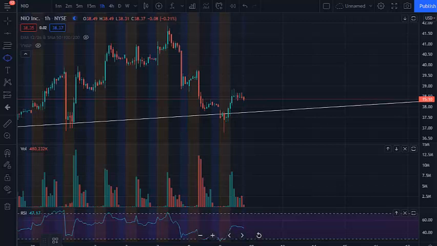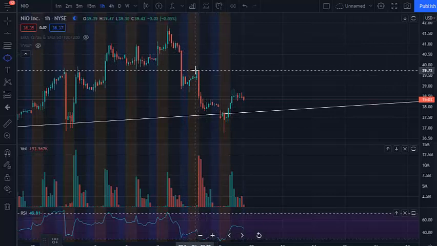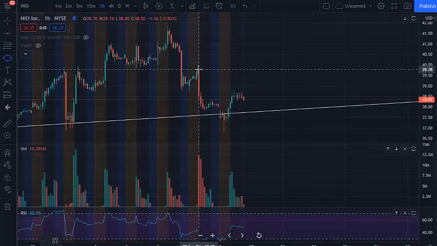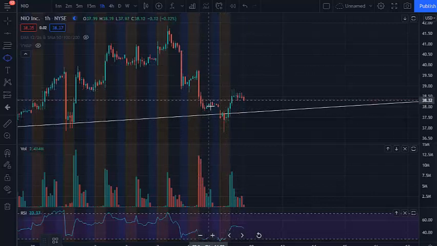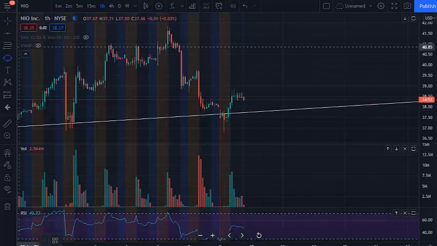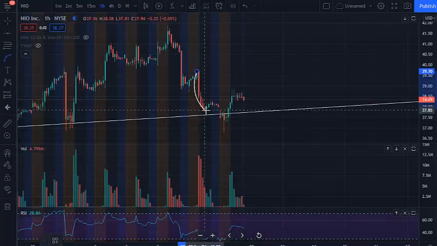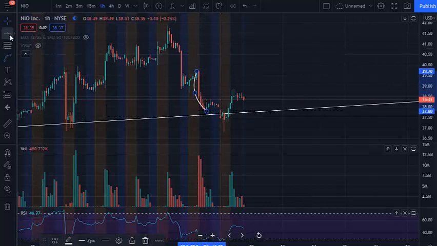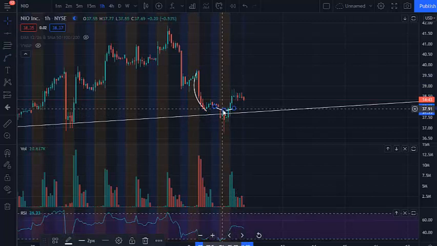Looking at NIO on the hourly now, I do see something which may be an inverse head and shoulders. You can see we have a double top here on the pre-market. We dropped, and this is an inverse head. This would be the shoulder, this would be the head, this would be the other shoulder. So I will try to just draw this shoulder, head,